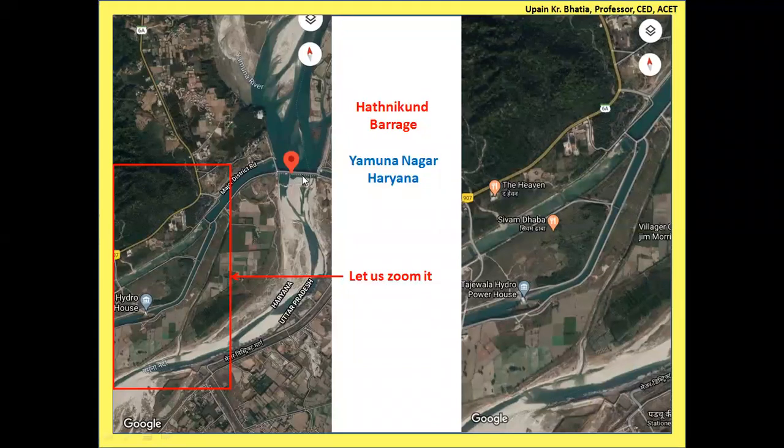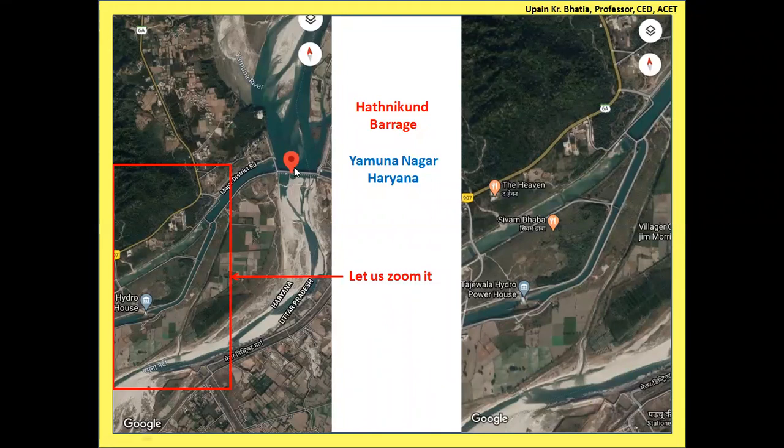So in the intermediate portion, as we discussed about the layout of barrage, from one divide wall to the other divide wall, this much portion is in the form of weir, and on this side we are providing the under sluices, on this side we are providing again the under sluices, and so this section and this section is basically the barrage section. You have already discussed the difference between a weir and a barrage section.